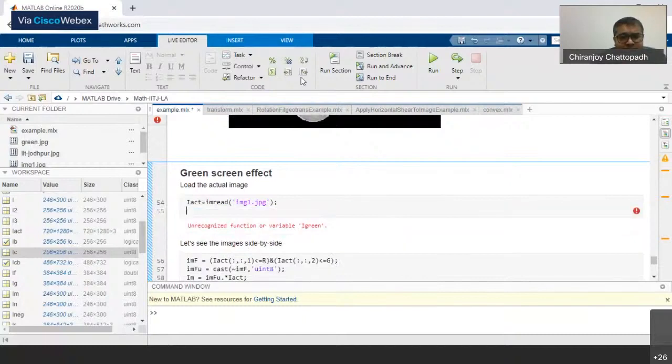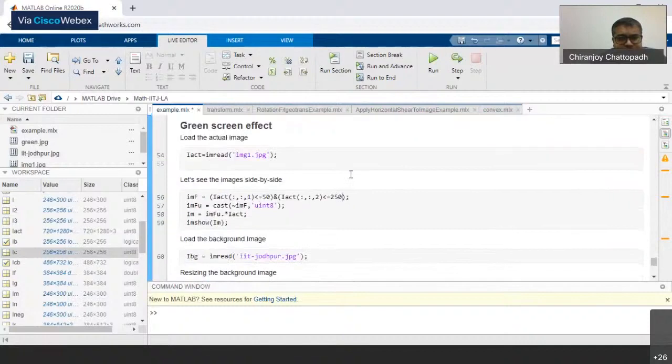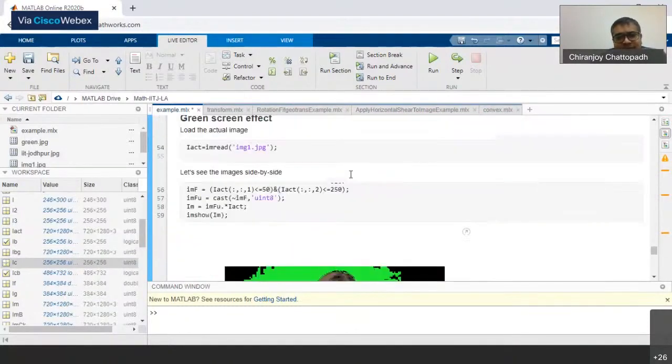So what I have shown here is some values. These are thresholds. Let me give some value. So here you see that with these kinds of values,